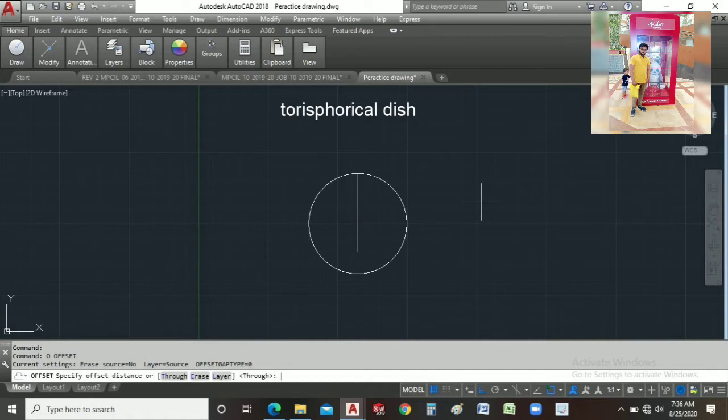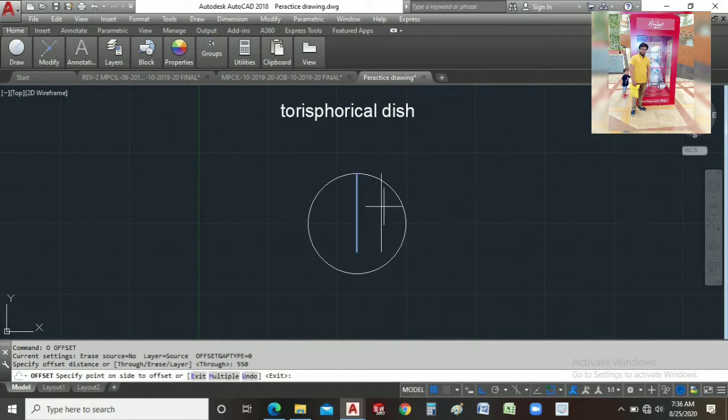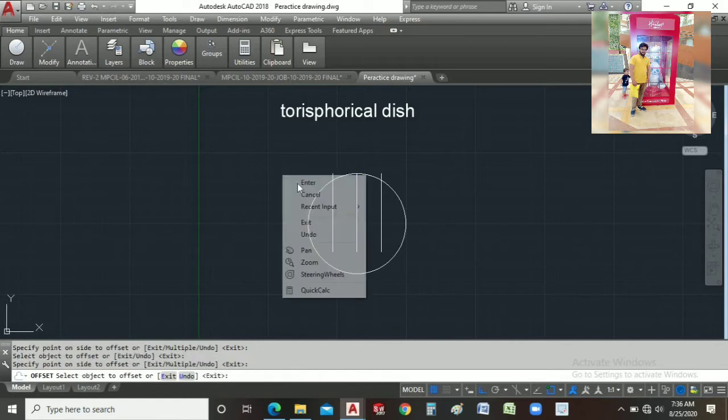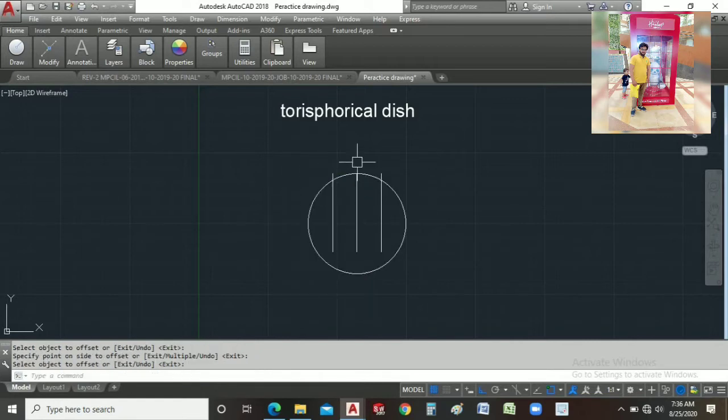The offset distance is 550, half of the dia. Then enter. I press one offset here of this line, one offset here of this line, and enter.